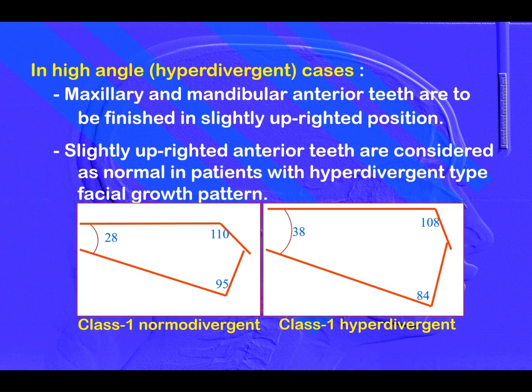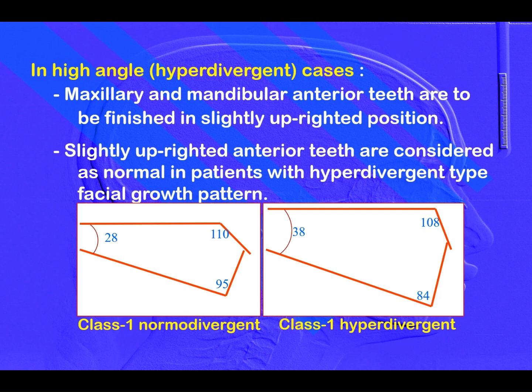In high-angle or hyperdivergent facial growth pattern cases, maxillary and mandibular anterior teeth are finished in a slightly upright position. Slightly upright anterior teeth are considered normal in patients with hyperdivergent type facial growth patterns. However, when any pre-adjusted edgewise appliance is used for the treatment, then it may become difficult to achieve the positions